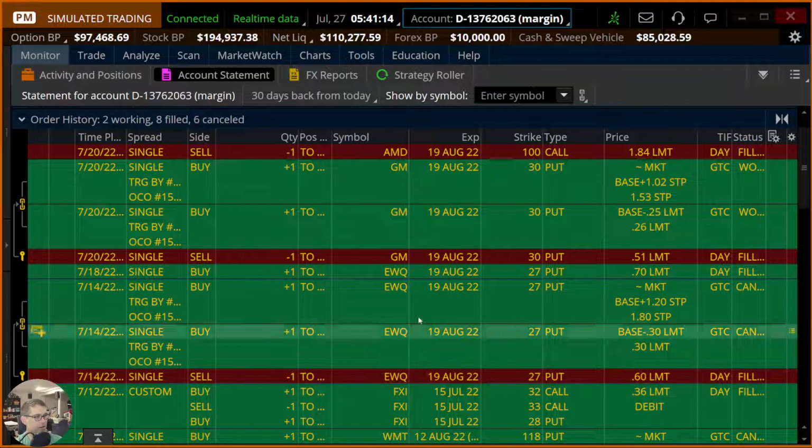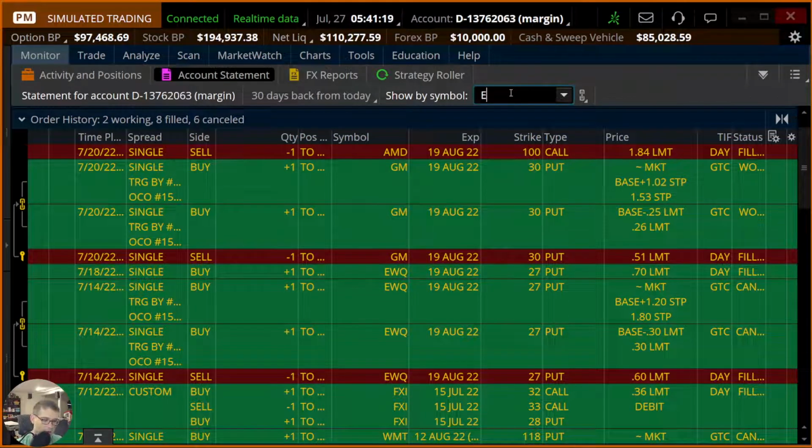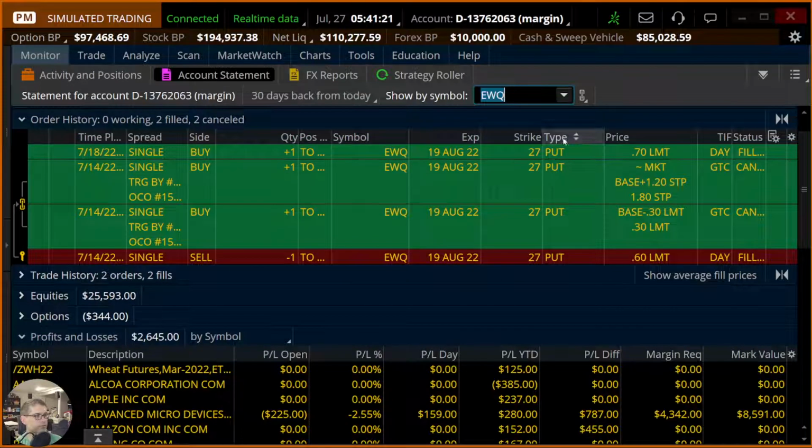Hang on a second. These are the orders that didn't... Getting a little confused here. Go to EWQ. Cancel, cancel. There it is. Okay. So, yeah, that doesn't look all that right. 60 cents. We sold it and then bought it for 70 cents, 4 days later. They give me a trade price on here,